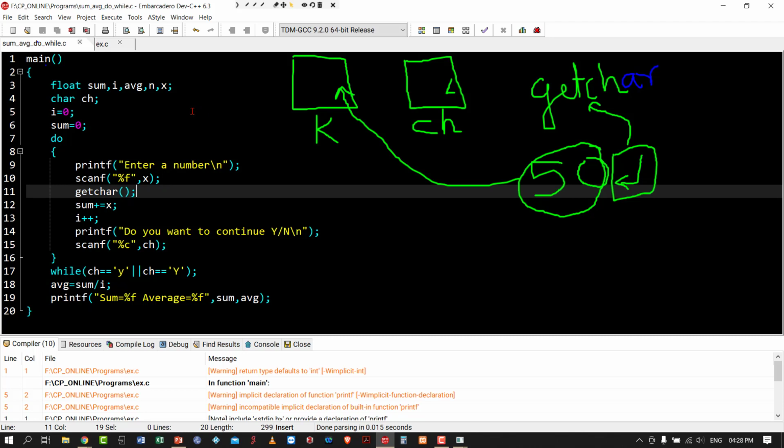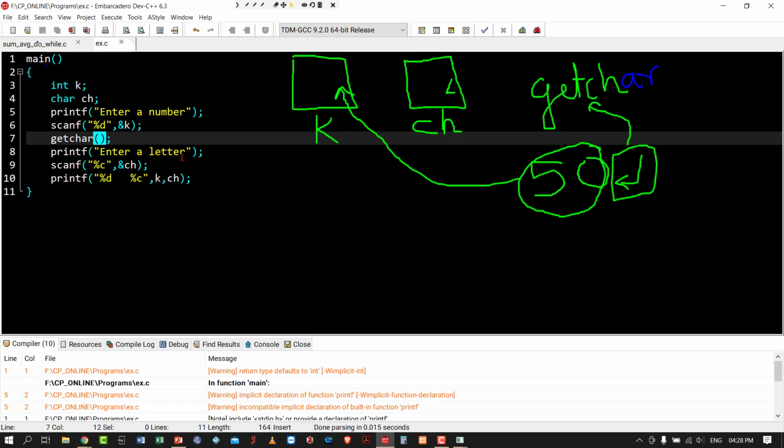So any doubt? Is it clear? If you have any doubt in this program, please respond. If it is clear, please type clear in the chat box. Sir, if there is integer and float, then we can write directly. Integer and float you can directly write, because here that enter key is treated as a character. That's the main reason behind this problem. When I press the enter key, it is treated as a character. Okay, is it clear?